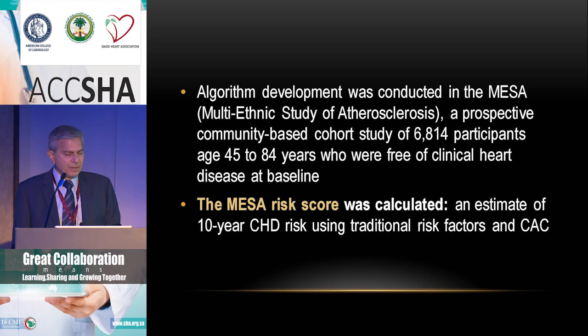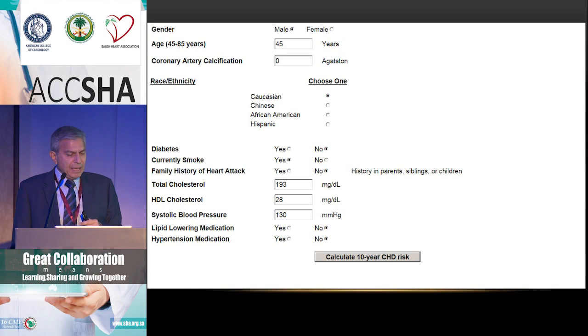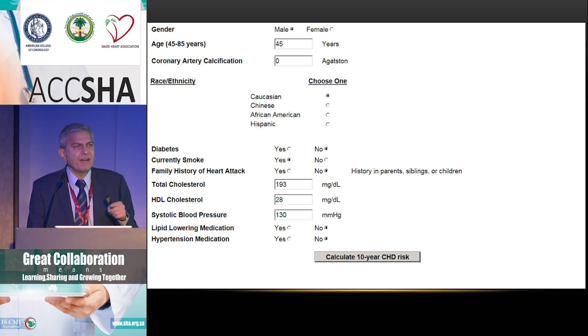Now that score is as follows, as you see here. It has more indicators than the regular modified Framingham score. It has history of atherosclerotic disease, it has family history of heart disease, and it has one more thing, which is the calcium score, as you see here. Now you plug my patient in there and you calculate the 10-year risk score, it tells you that classically that patient would have received a 5.8% score on this one, but with a calcium score of 0, it's 3.1%. So it cuts it almost in half.